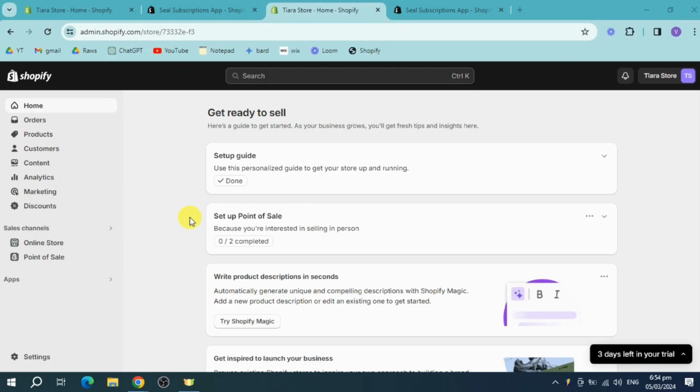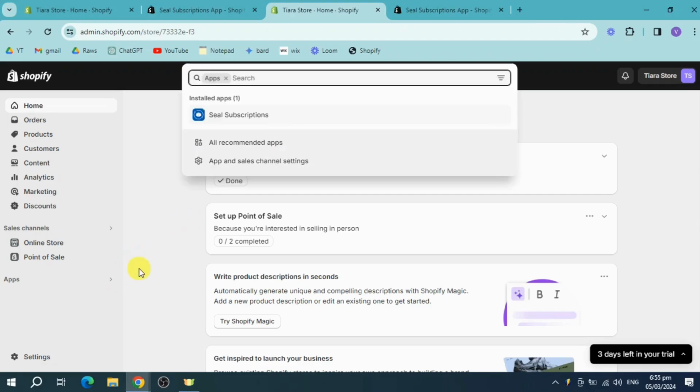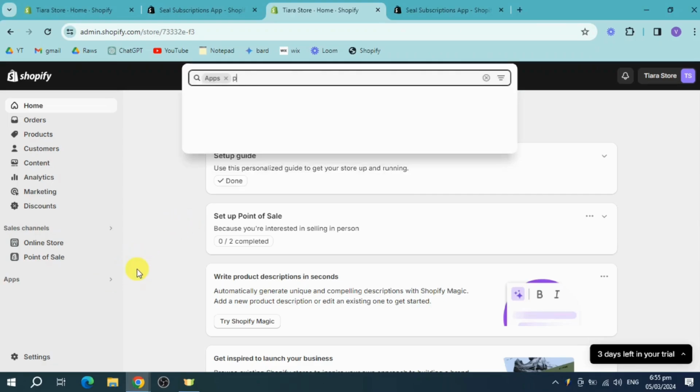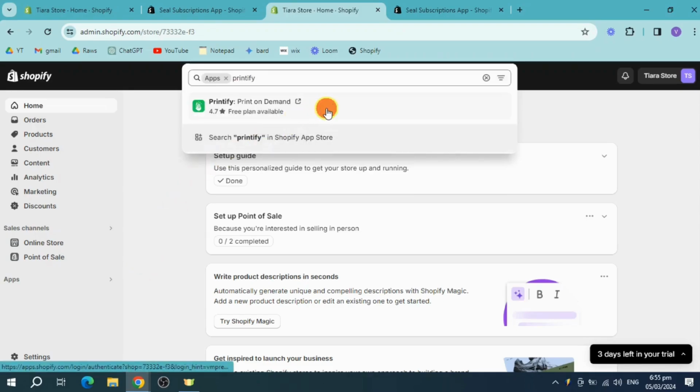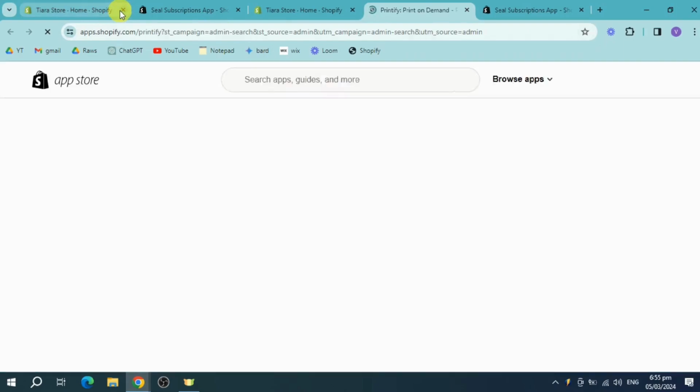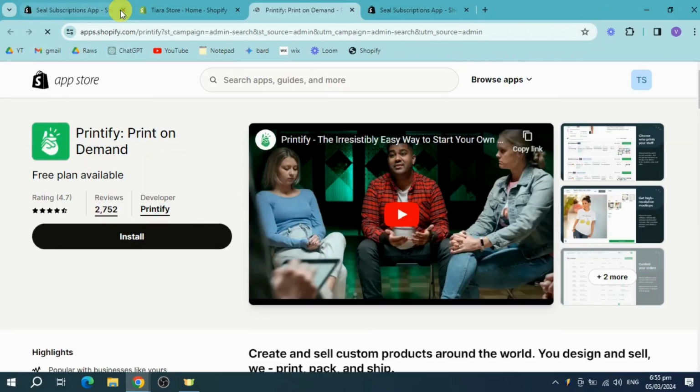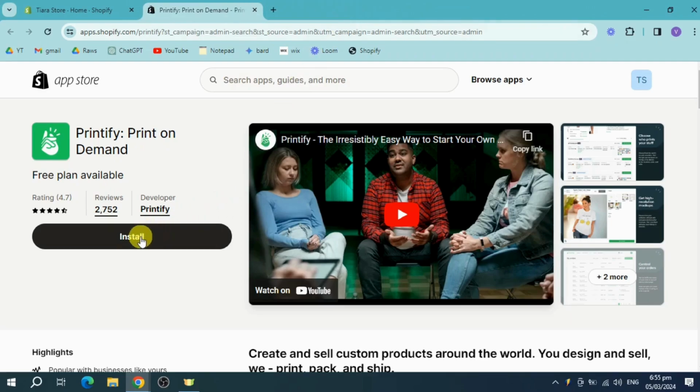So let's head over to the apps right here, and then let's search in here for Printify. Once you have searched for this, you can see this one. So click on this, and then from in there, you should be able to see the actual app in here. So let's just click on install, and then once it has been clicked, it will actually